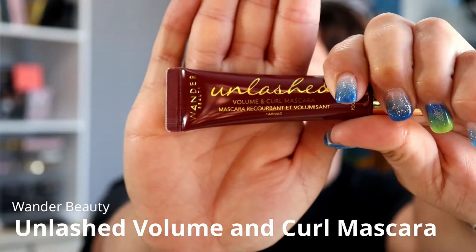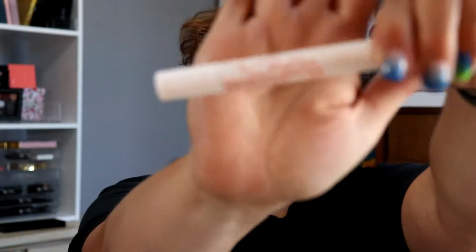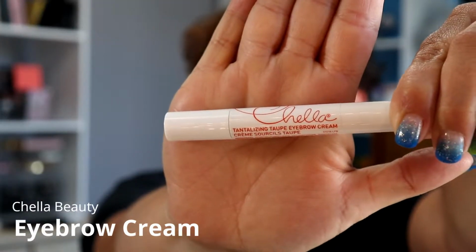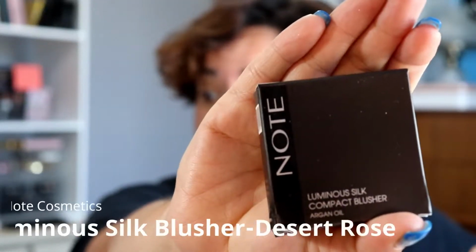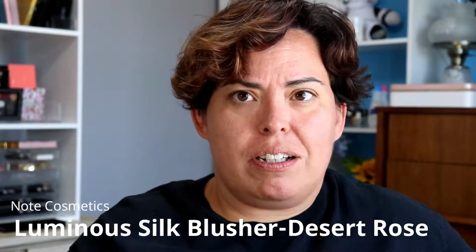The next thing we got is a Wander Beauty mascara. We got a Shella, it depends, eyebrow pomade thingy. Got a blush from Note. And the big thing, both physically and because it seems to be what everyone is excited about, and I can't